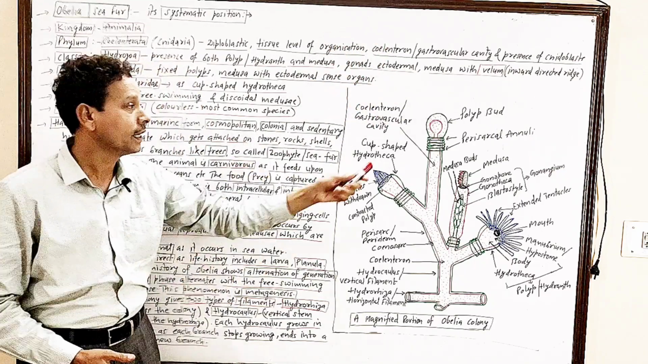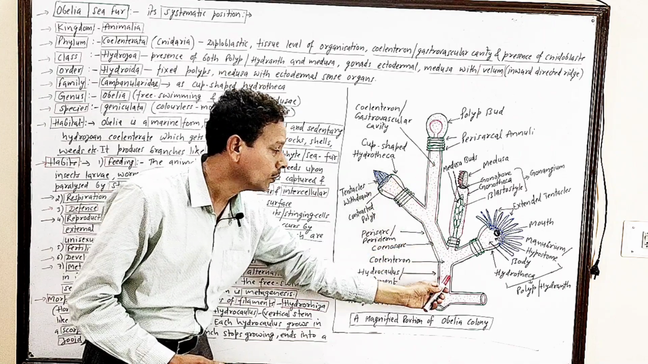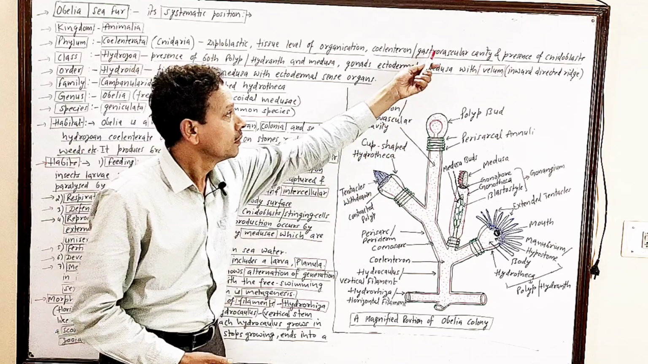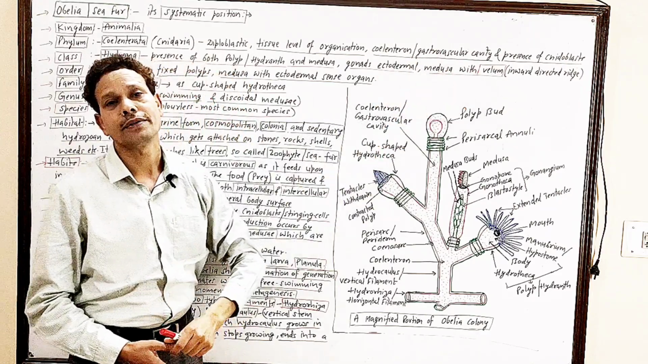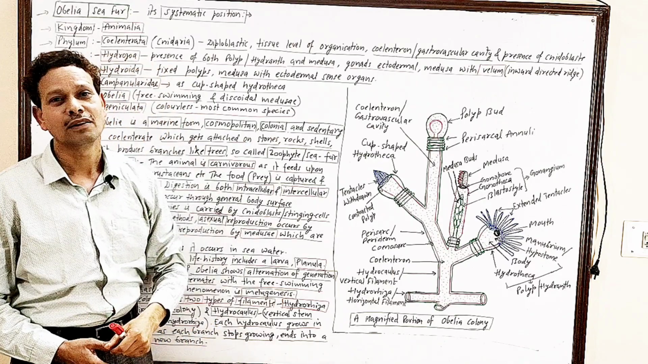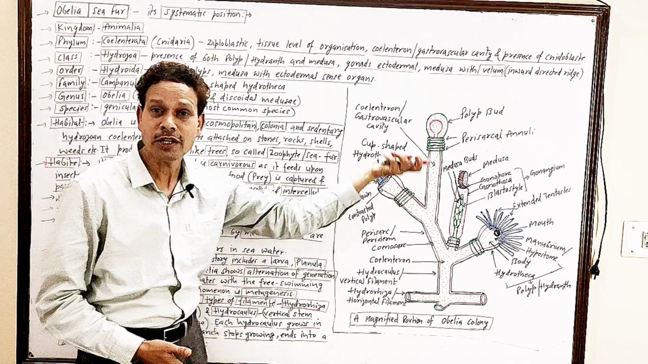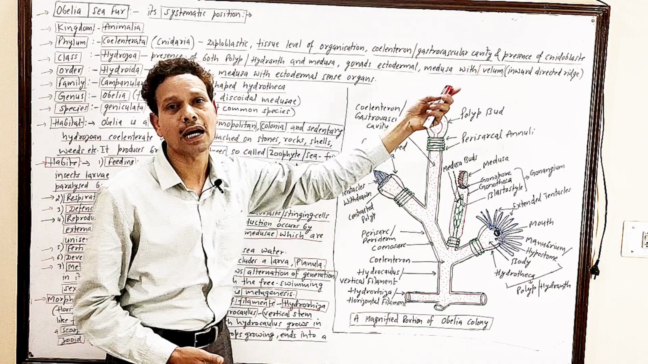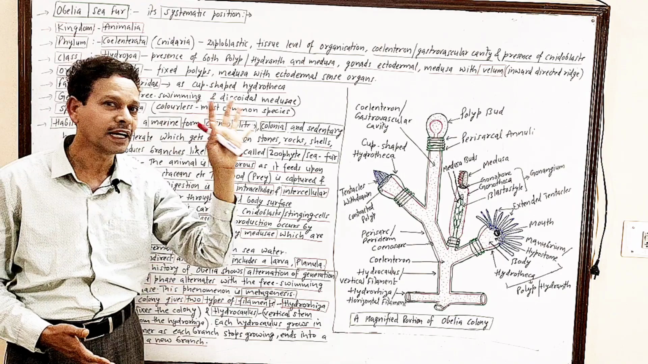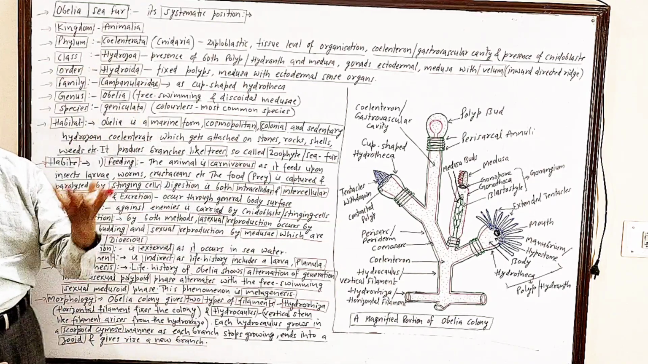Coelenteron means entire body cavity, that is coelenteron or gastrovascular cavity, and presence of cnidoblast in this coelenterate, particularly for defense mechanism, special type of cells, cnidoblast, nematoblast, stinging cells, which